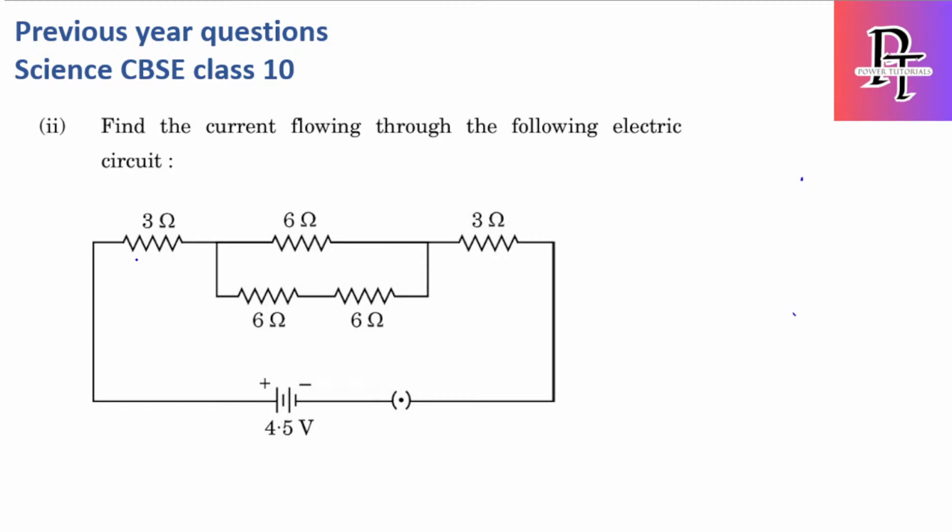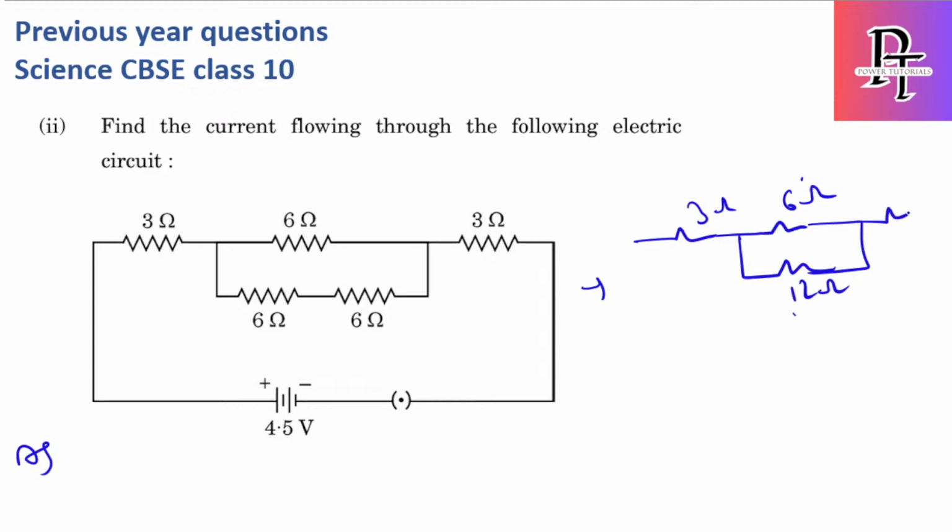So in this question, we have 3 ohms, and we have 6 ohms, and we have 2 resistors in series here, and this is another resistance. So if 2 resistors are in series, what is the effective resistance? It should be R1 plus R2. So this circuit I can rewrite as 3 ohms, 6 ohms, and these are in series, so those two I have combined, you will get 6 plus 6, which is 12 ohms, and again 3 ohms,